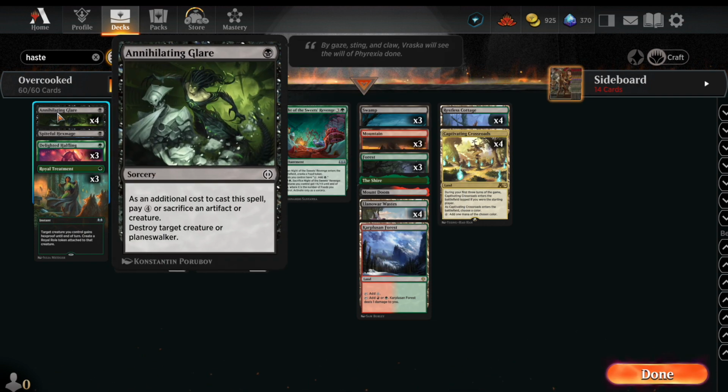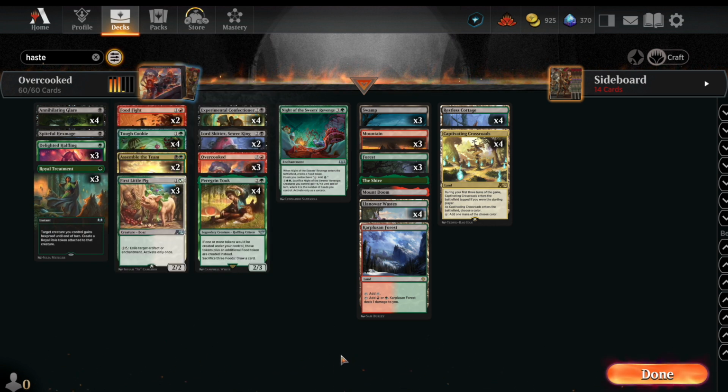And for removal, I'm using Annihilating Glare. It goes well with the deck in that we almost always have a rat or a food token to sacrifice to make this cheap. And by the time...